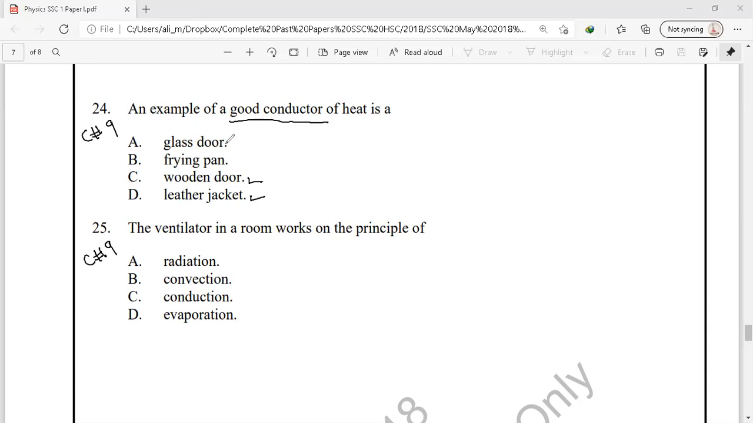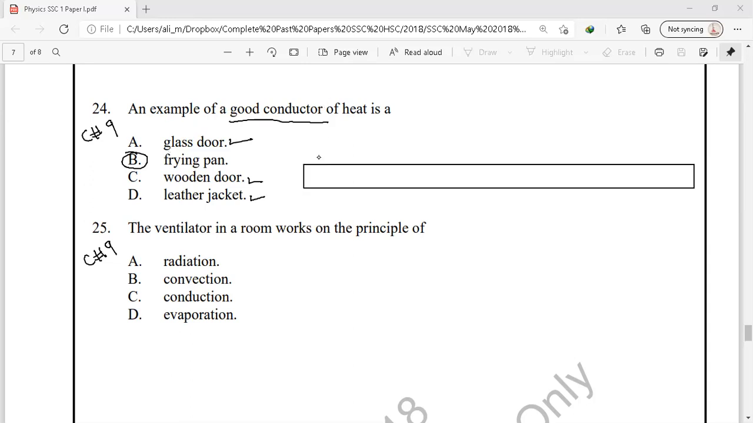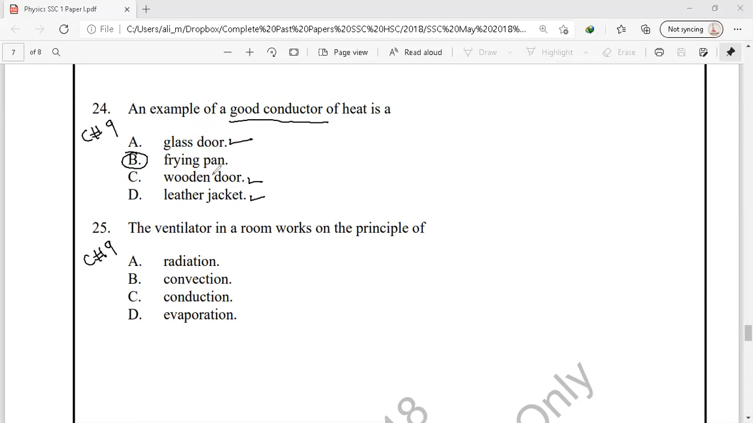Wood is an insulator. Similarly, glass is an insulator. The frying pan we use for cooking. So in that cooking purpose, we need a good thermal conductor so we can cook the food evenly and in less amount of time. So the correct option we have is option B, that is frying pan is a good thermal conductor. Next, we have question number 25 from our chapter 9, mode of transfer of heat, and the ventilators